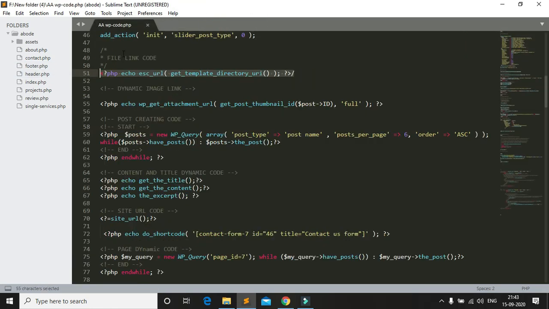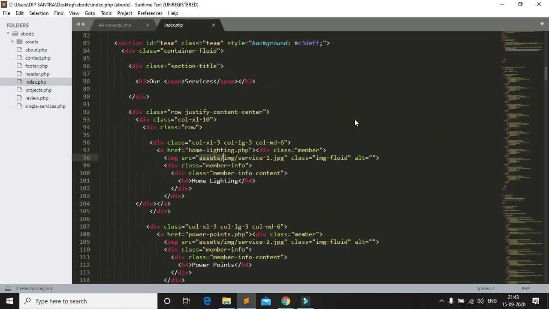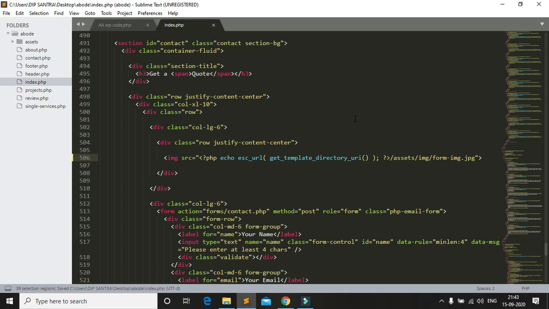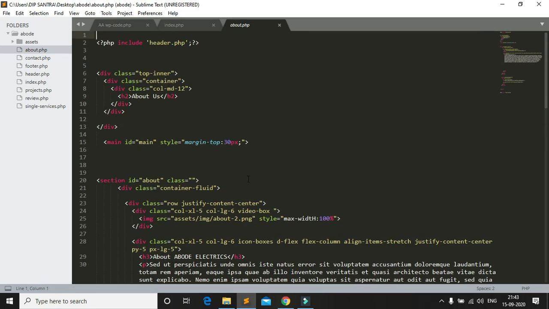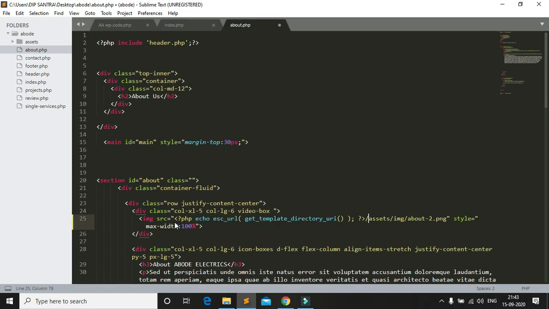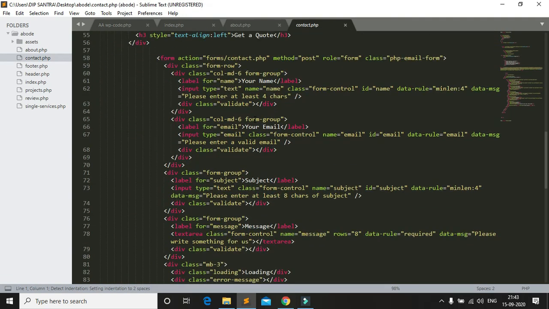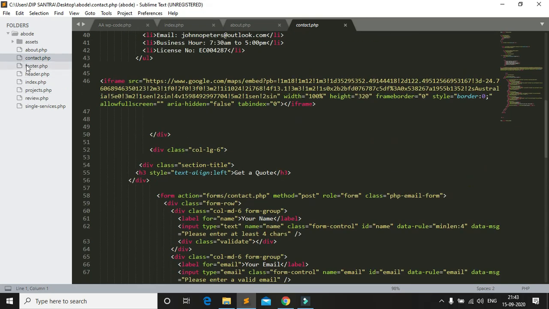Now I go to the home page, home.php. This one also the same way: select all images and paste. Then go to about us, there is one image, save. Then contact us, there are no images.